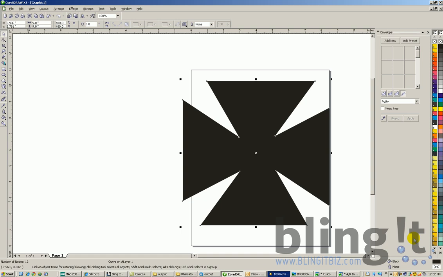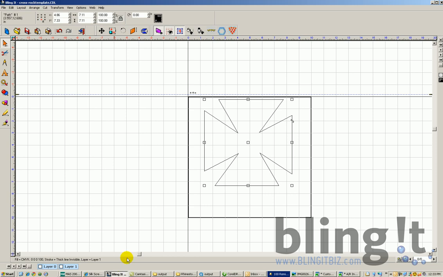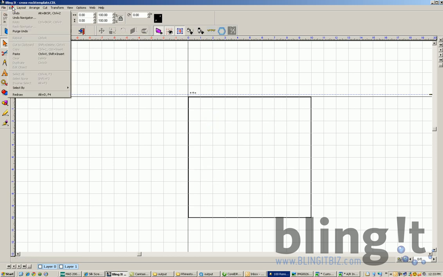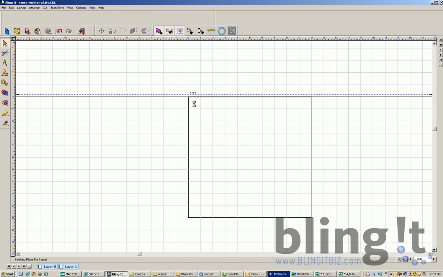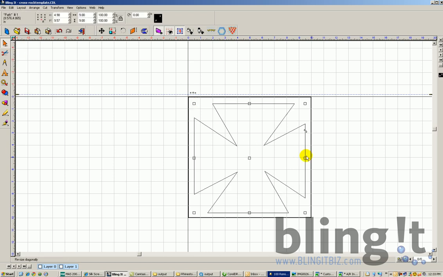Also, since we want to keep the size congruent with rhinestones, all we have to do is copy, so Control C, and then paste it into the rhinestone software. So we'll go back over to Bling It. We'll go ahead and delete that one and then edit and paste. That pulls it in exactly at 9 by 9. From here we can put an outline of rhinestones or even a fill of rhinestones, but this keeps it congruent to size. So this would be how to use your multiple styles of rhinestones for both screen printing and rhinestone